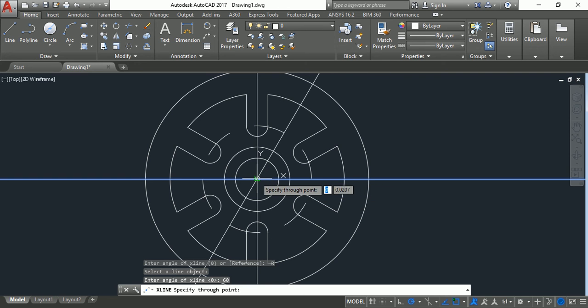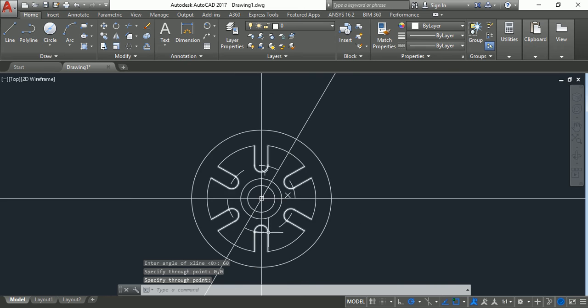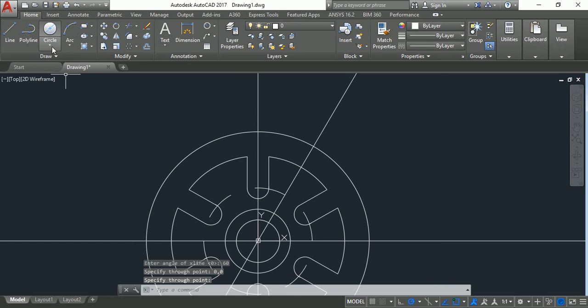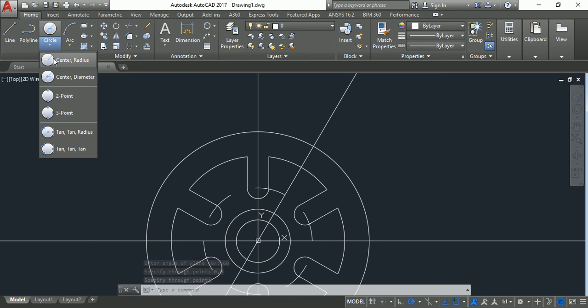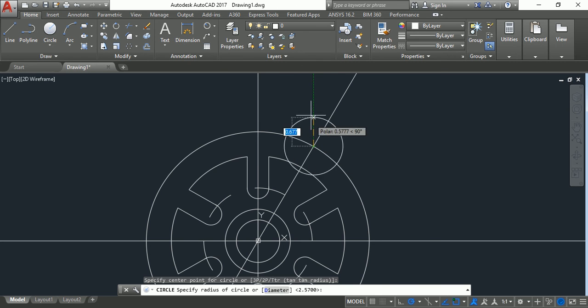So let us take the through point at origin itself, and now we have to draw this profile, and its radius is mentioned as 0.90. So here we will go to circle, center radius, take the circle and input the radius as 0.90.